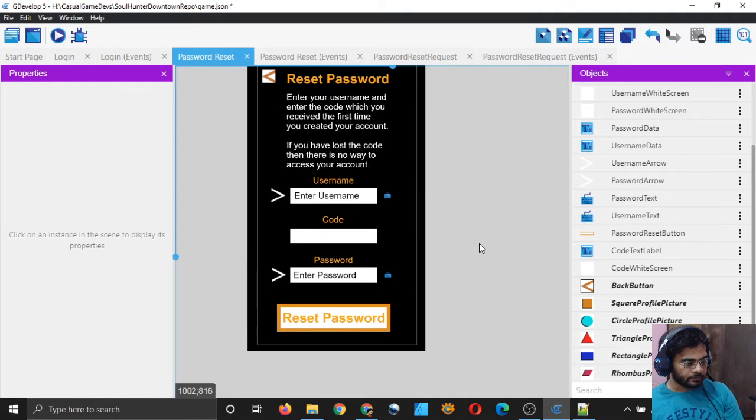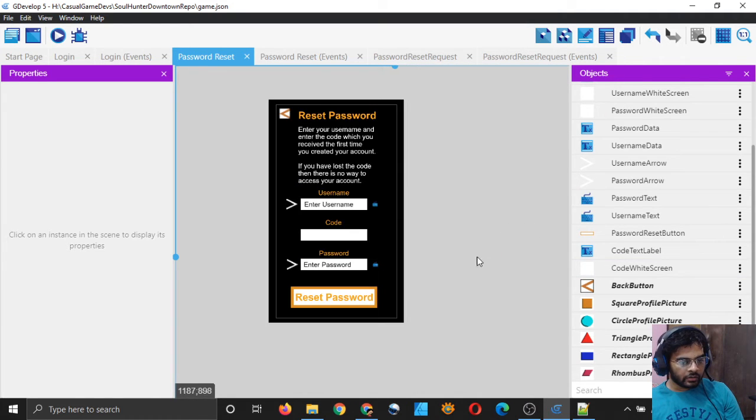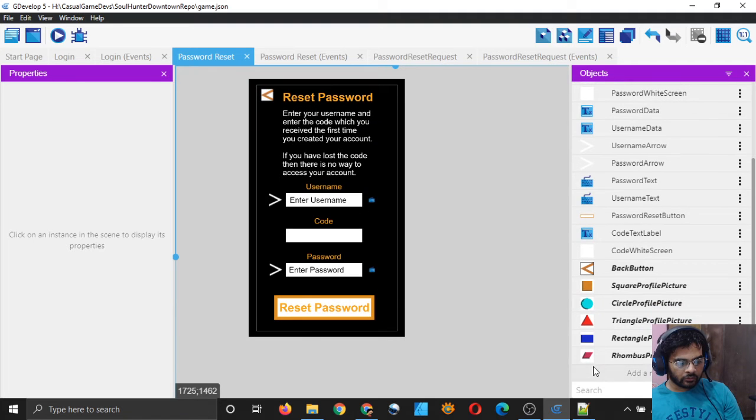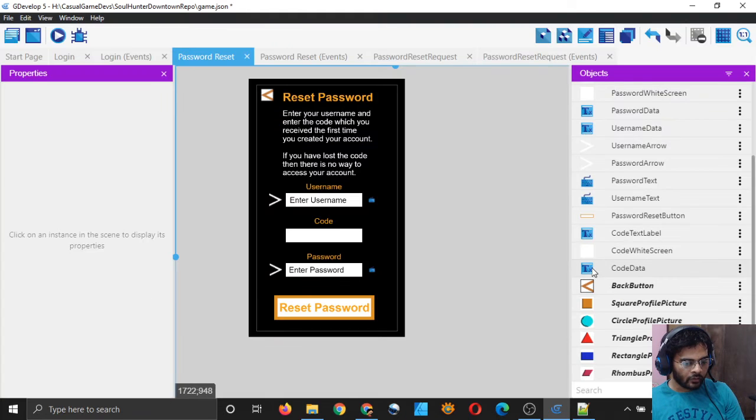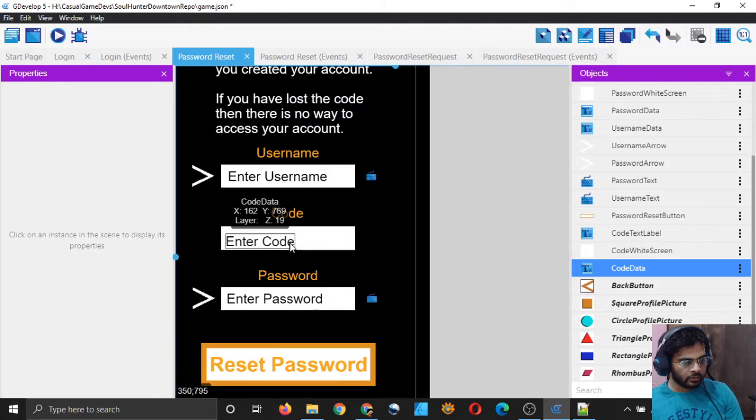Yeah, it's looking good. And I need code data also, text object, code data, and its size should be 40, its color should be black only, and you can say enter code here, code data, enter code, right?